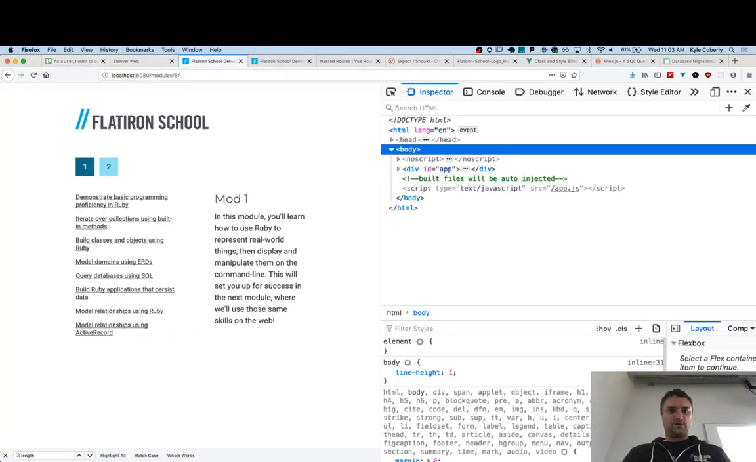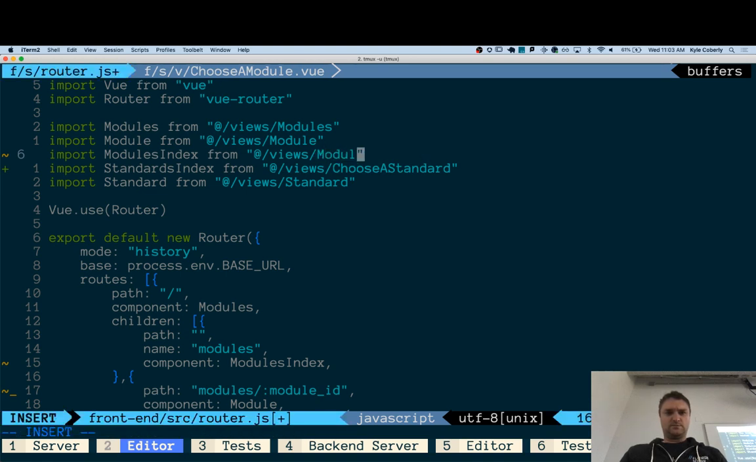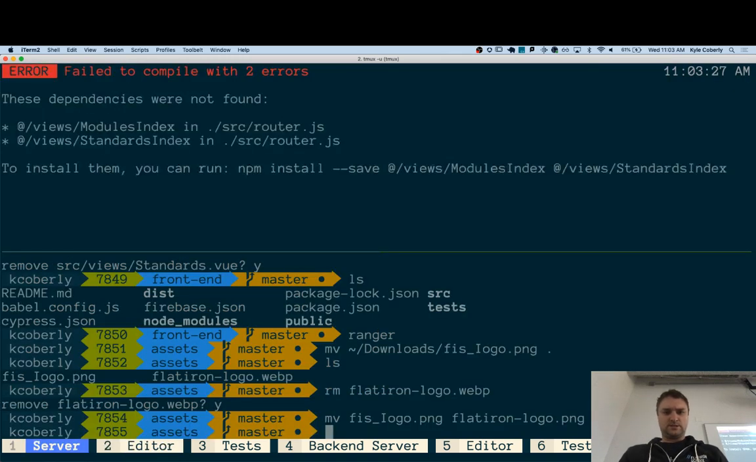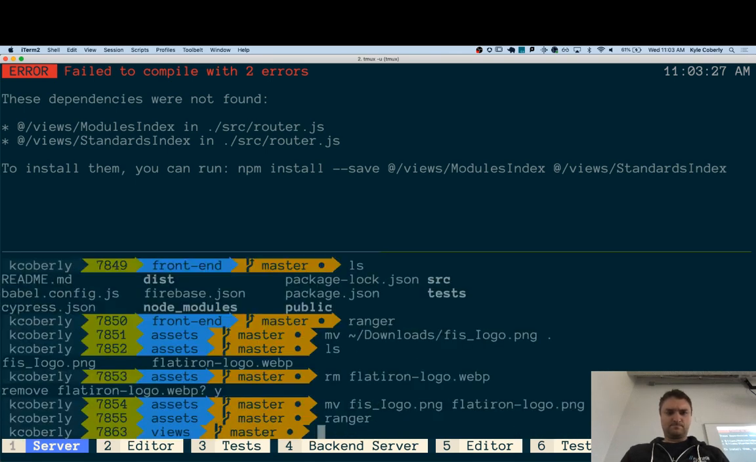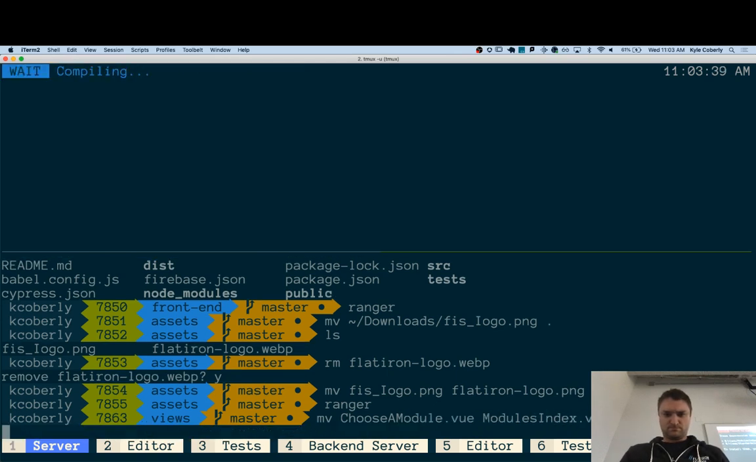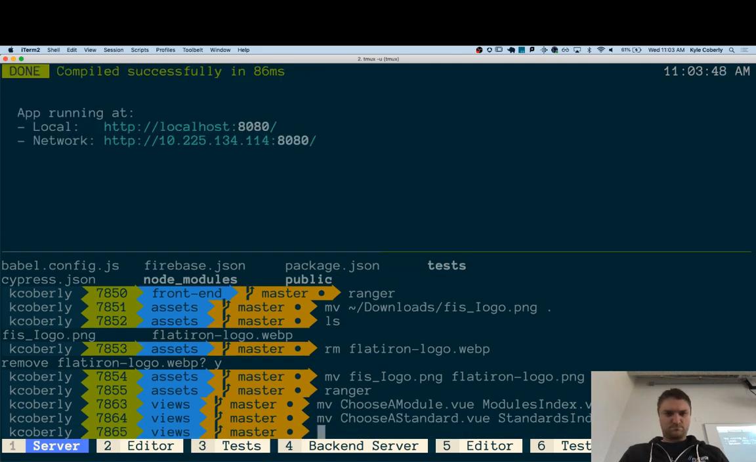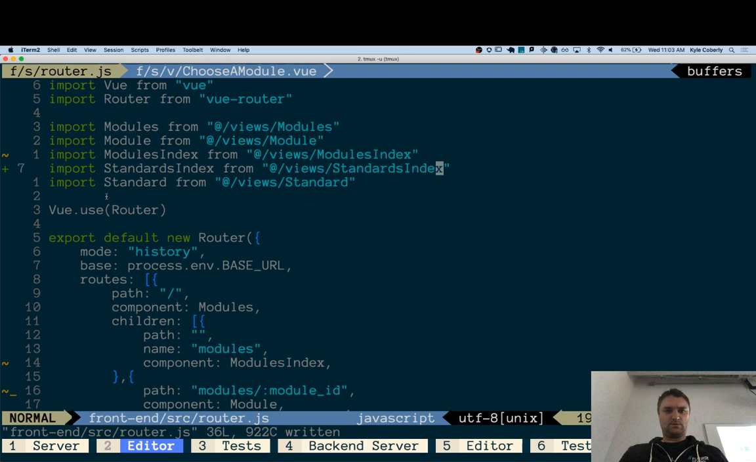Okay, app still work? App still works. Okay, click here, click here. All right, sweet. So now I just need to fix these. This is modules index. This is standards index. Then over here, cool, working again,